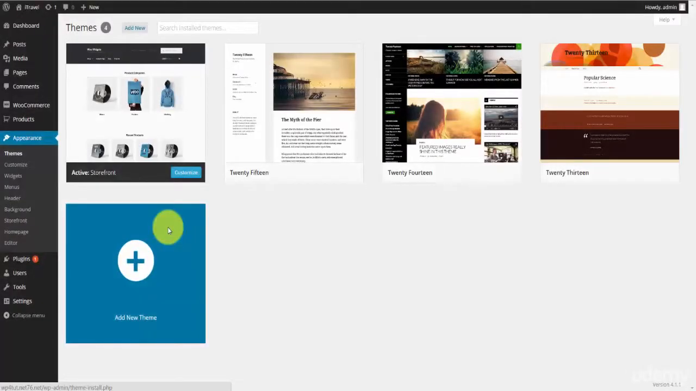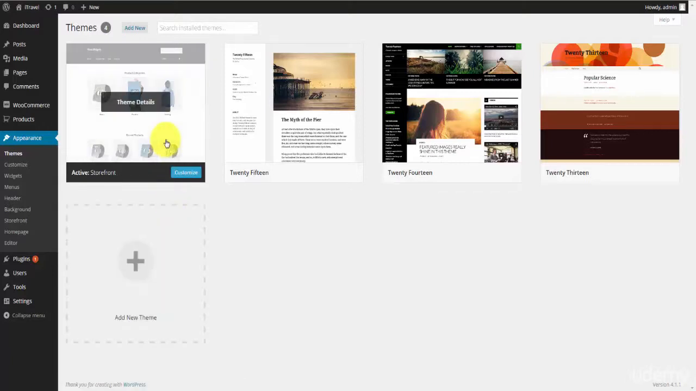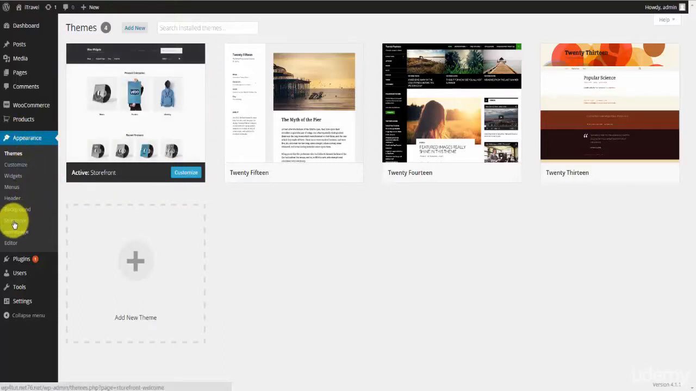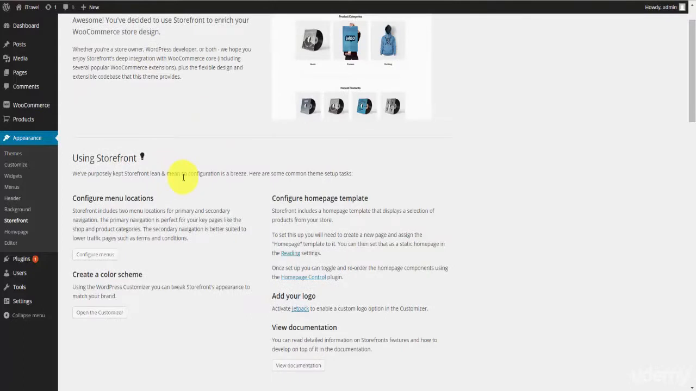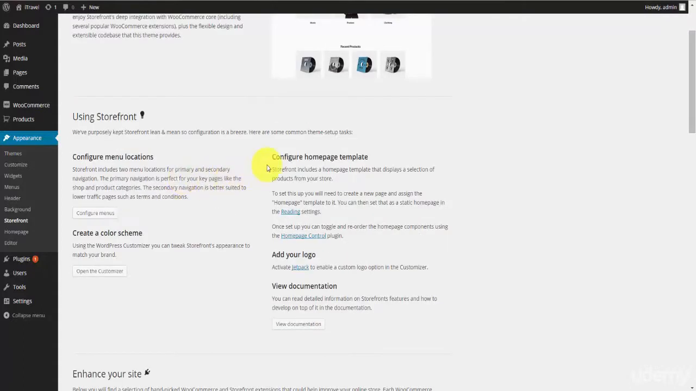Let's now have a look at the themes that are available. The first theme that I would like to discuss is called the Storefront. I have downloaded and installed this particular theme, and it's a very good theme. Under the appearances, I'll find Storefront, and if I go there, I'll find some information about this particular theme, and I'll have some configuration menu locations,